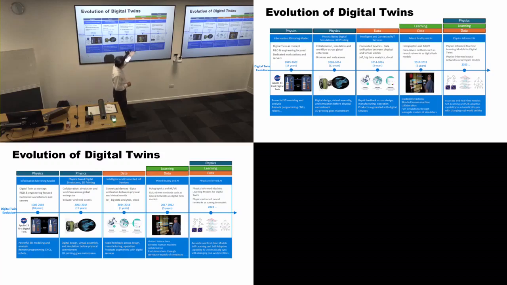So here people started talking about accurate and real-time models, self-adaptive capability, and automated synchronization. This is where we started saying that it should have physics, it should obviously have learning and data together, and then it should be doing more or less the same things people were doing here as well. And this is where we are now actually.